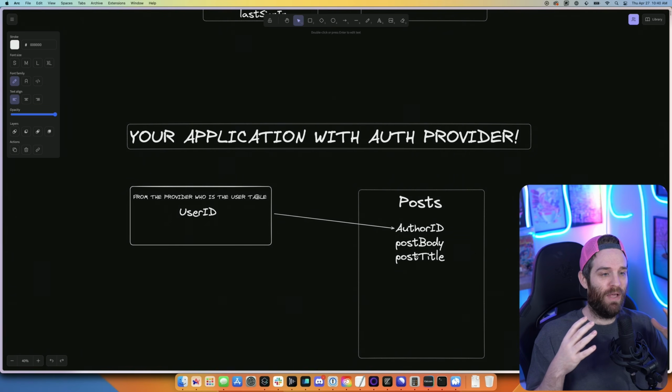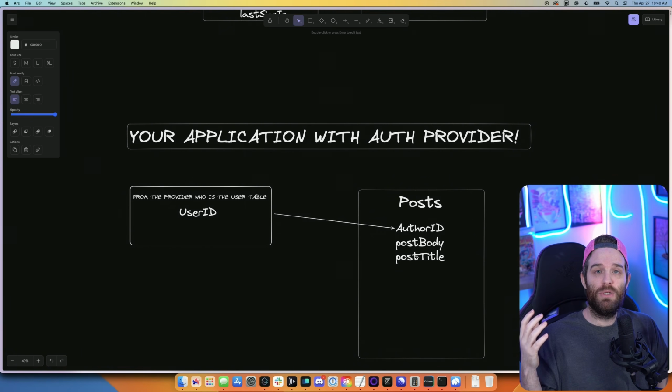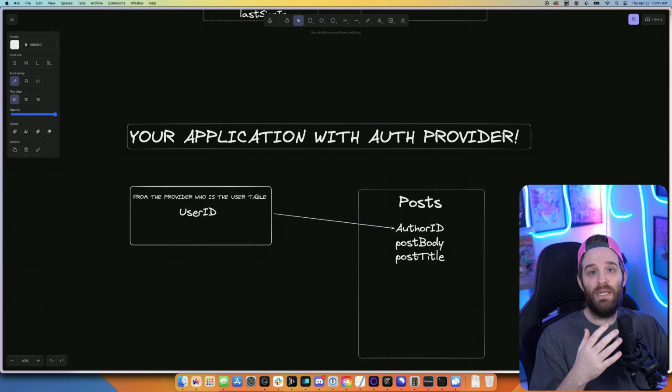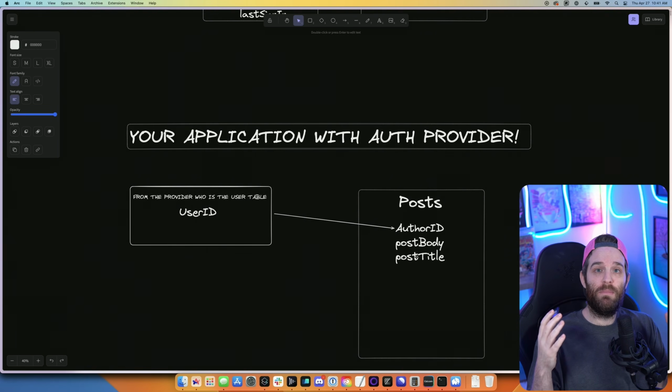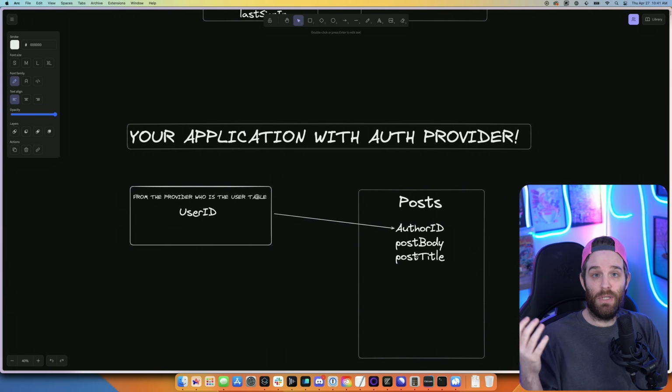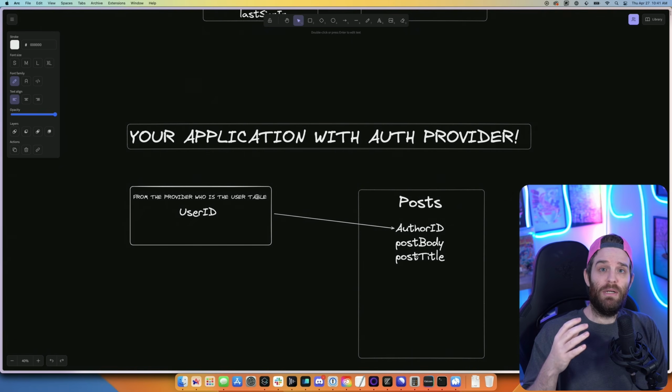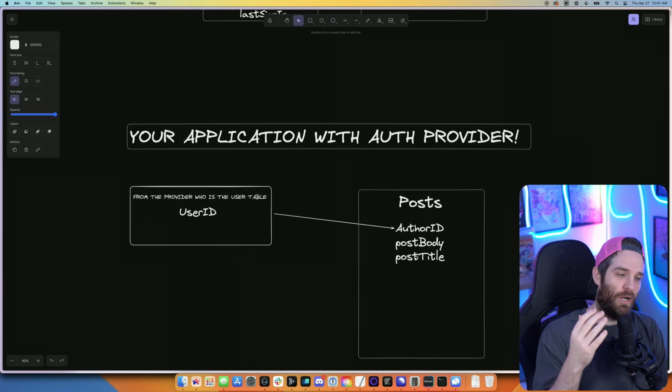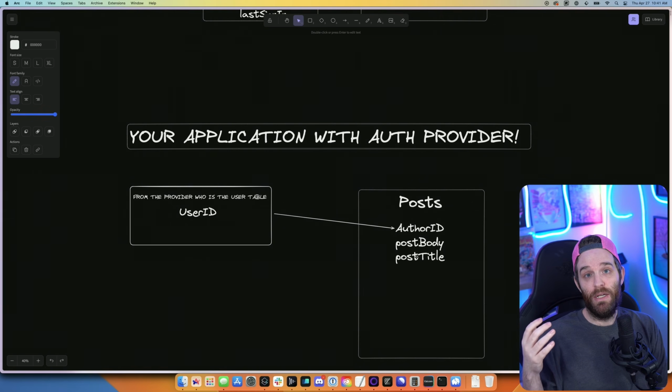Then if you have a multiple user scenario where maybe you need to retrieve all of those, you already have the user IDs and you just need to feed them to Clerk for any additional enrichment that you might need, like profile images or say first and last name for an author. But in some scenarios, this doesn't always work. There are scenarios where you may actually need something in your database to build out more of a relationship.